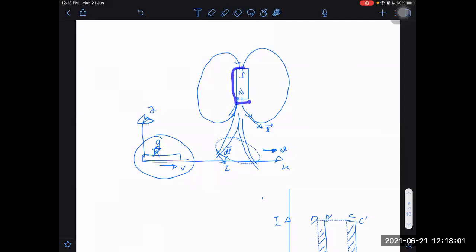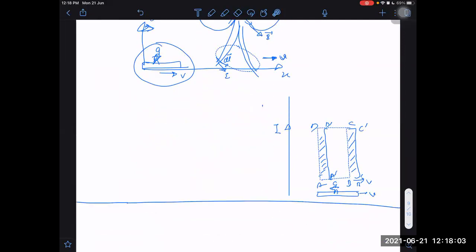Magnet does not necessarily mean this bar magnet. It could be just a current carrying wire which has its own magnetic field. But there should be some relative motion between the wire and the loop. Then only will some EMF be induced. Understood? One doubt.